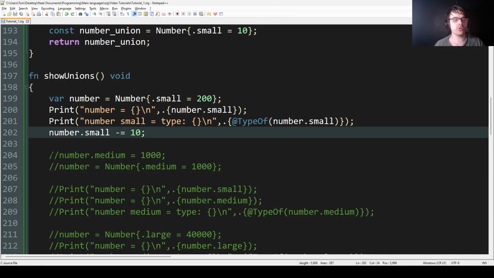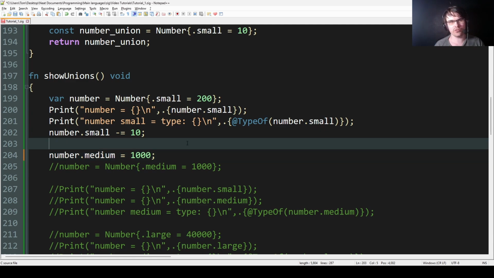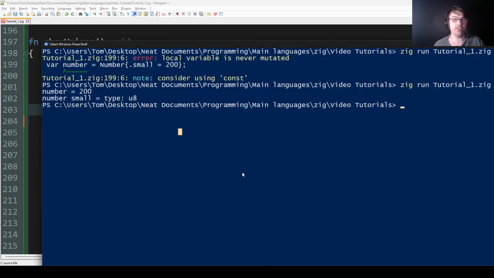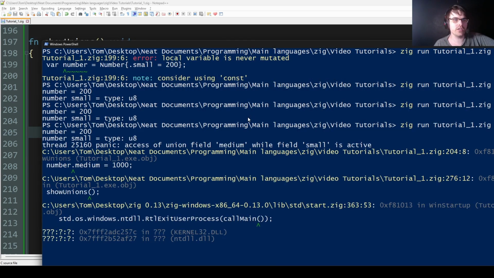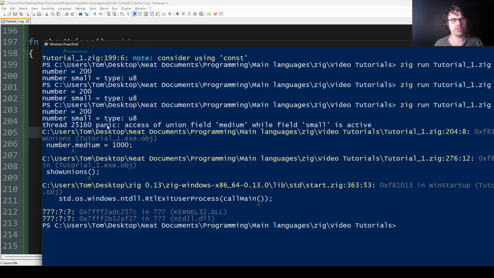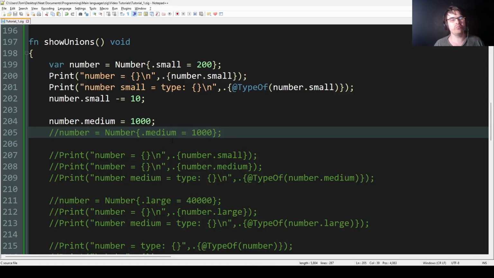Alright, and then if you want to change it, you can't just do this. You can't do this. It will give you, guess what? I didn't save it. Guess what? It gives you an error. It says, panic, access of inactive union field medium while field small is active. So basically under the hood, it's like you have a bool which is set, or an enum which is set. So here small is set, you can't access medium. You can't access it. To change it, what you do